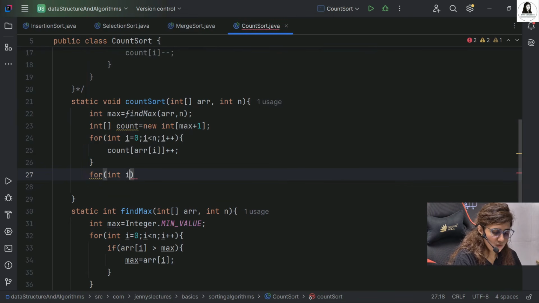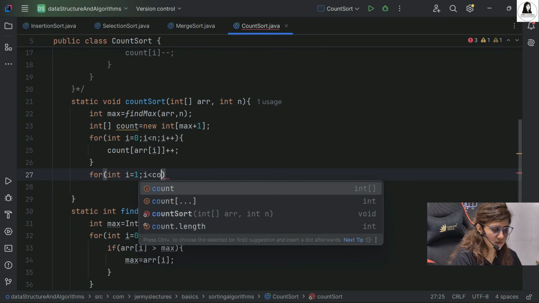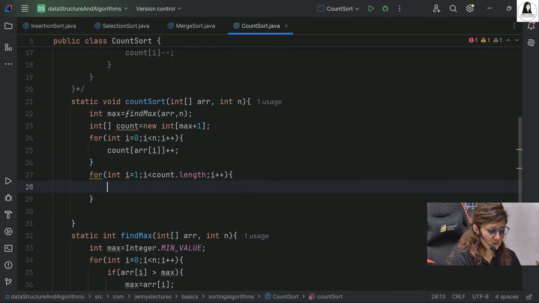So we start i now from 1, because at 0, whatever 0, that would be as it is in the count array. So i from 1 till less than count dot length and i plus plus. And how we change: count of i is equal to count of i plus count of i minus 1. That's it.